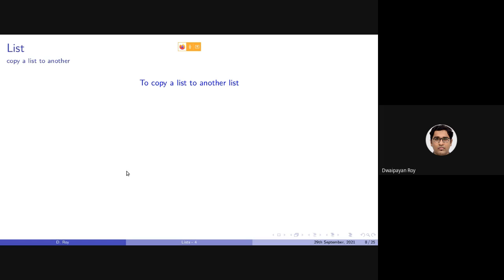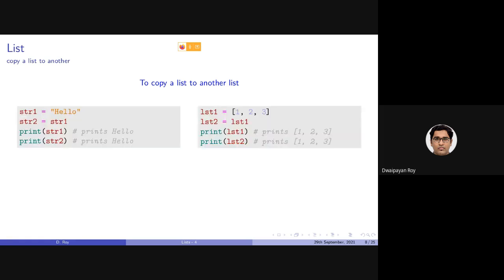As we have started our discussion on list, comparing it with strings, let's consider this copying of string and copying of lists as well. So let's consider we have str1 containing hello. Now if I set str2 equals to str1, then both will be printing hello, right? Similarly, lst1 initialized with 1, 2, 3, lst2 initialized with lst1.